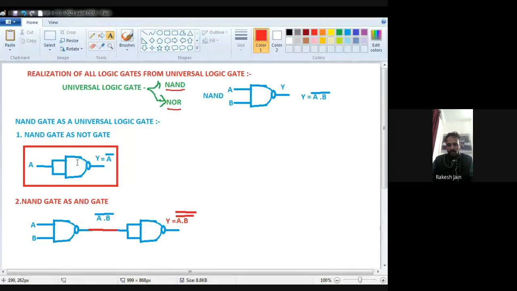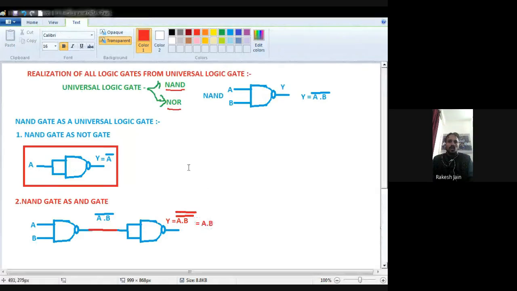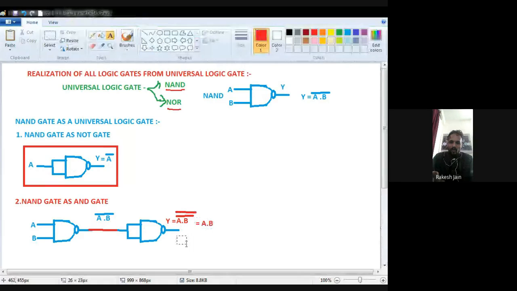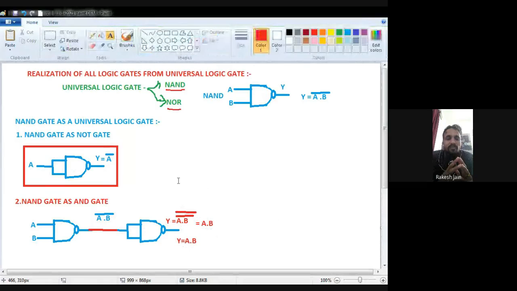See above. If a NAND gate acts with both inputs connected, then if the input is A, the output is A bar. So here the input is A dot B bar, so the output is A dot B bar having a bar. Okay, and bar to bar always cancels out. So A dot B. Now the final output Y of this circuitry is A dot B. It is the equation of which logic gate? It is the equation of the AND gate.